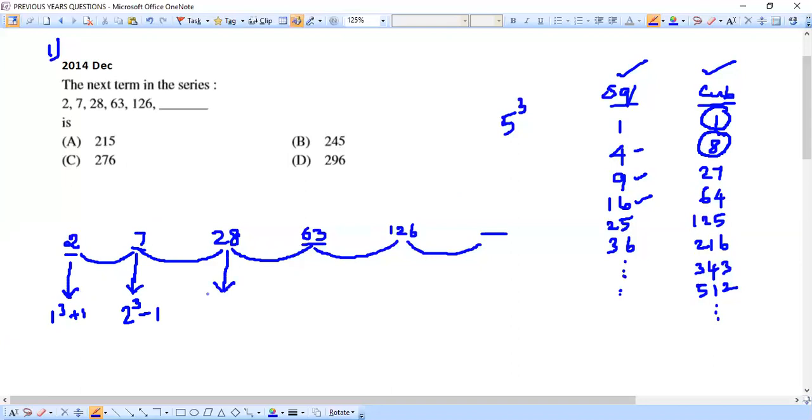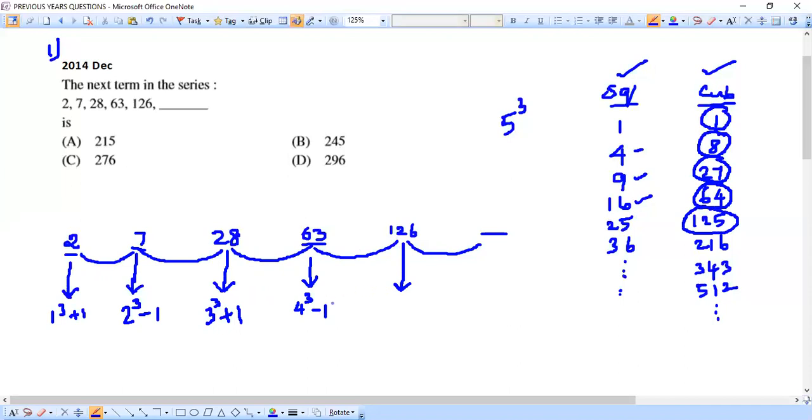Yeah, next term is 28 we have here. So again, come to the list. I know 3 cube here is 27, correct? So come back here. I know 3 cube is 27. 3 cube plus that 1, if I do, I'm getting this 28. Similarly, continue here. I have 63 here. This 63 can be related to my next term, which is 64, which is 4 cube. Correct? So that means this 63 is nothing but 4 cube minus 1. And same way, I can even relate this 126. This 126 is nothing but this 125 plus 1.